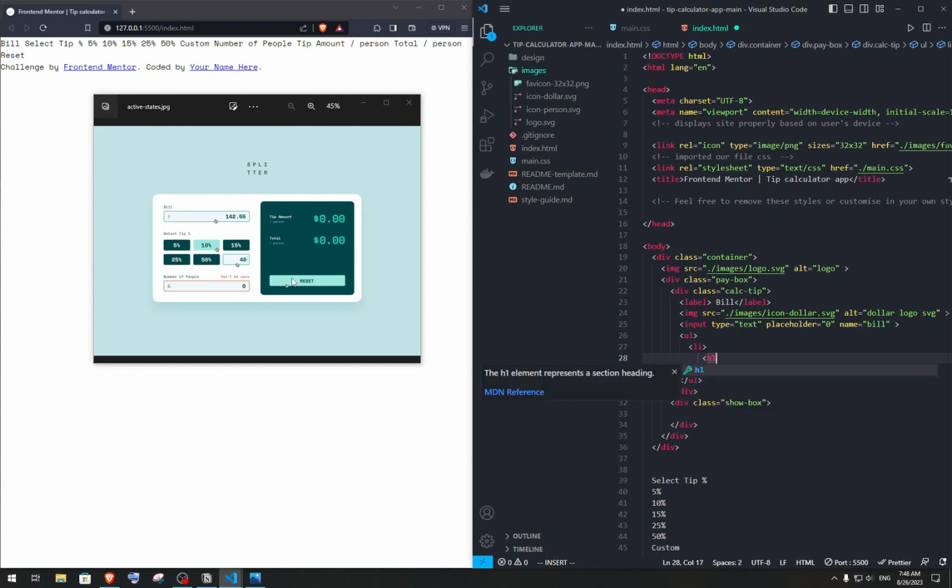Just do H1, and we will right here select. No, it's not the select that I want. I just want a text. Select tip here, and here we will put the percent icon, and inside this we will create another UL,